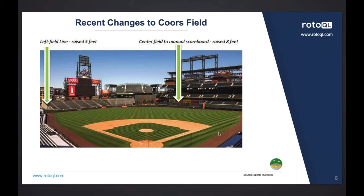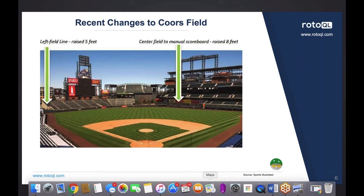So this year, Coors Field has made some changes. At the start of 2016, they wanted to reduce the effect of all the home runs, all the runs. So they raised the left field line fence 5 feet, which is only a small portion of it. The bigger difference was in right center field, where they raised it about 8 feet. So that really has had an impact on the number of home runs, but it's also increased the number of